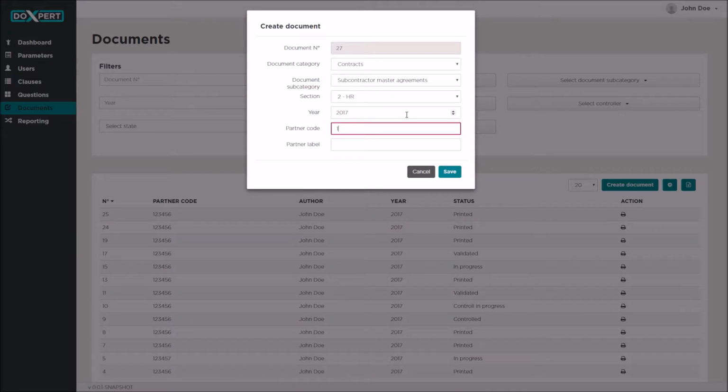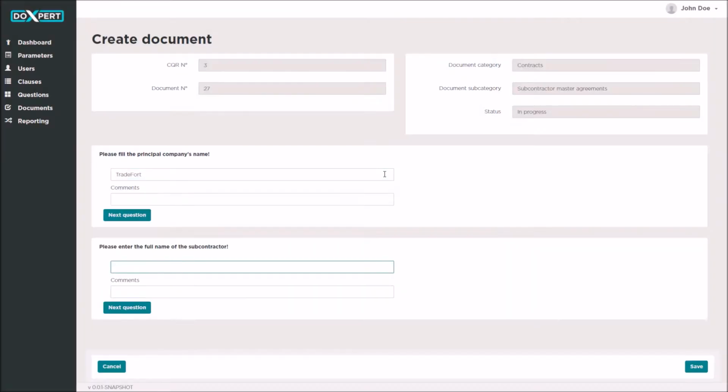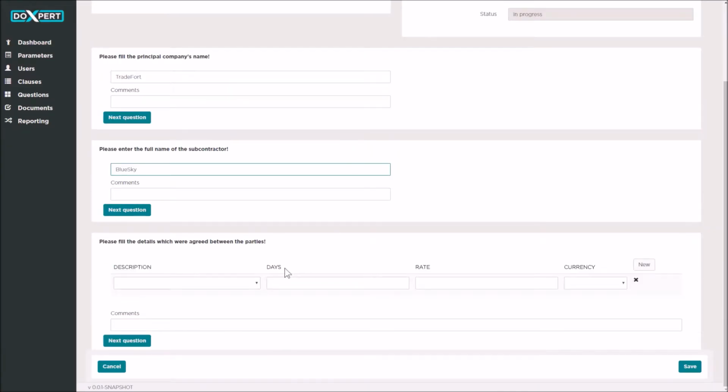The questionnaire is where you have the opportunity to determine which questions will be raised. I'm going to choose Contract Document for the category and Subcontractor Master Agreement for the subcategory. So now let's see how the questionnaire works. We enter the full name of the contractor and then click Next Question and fill in the rest of the